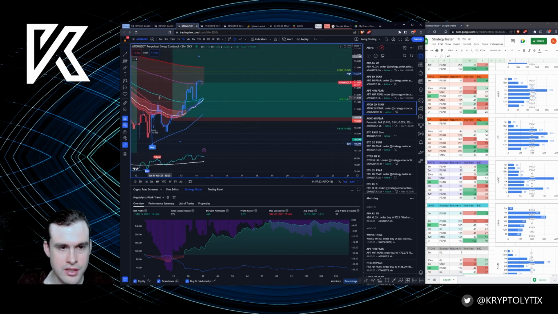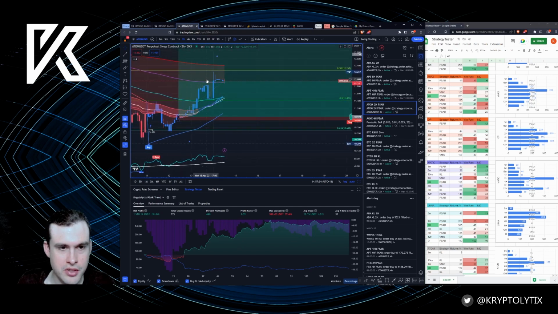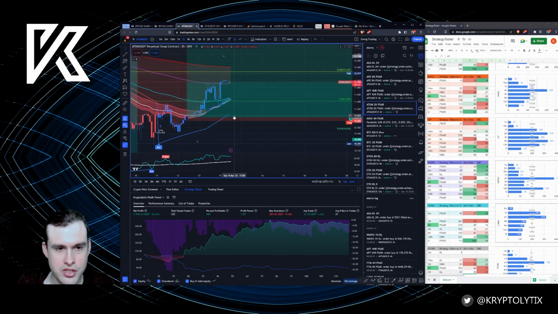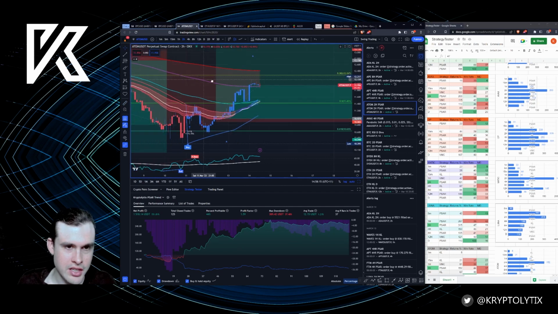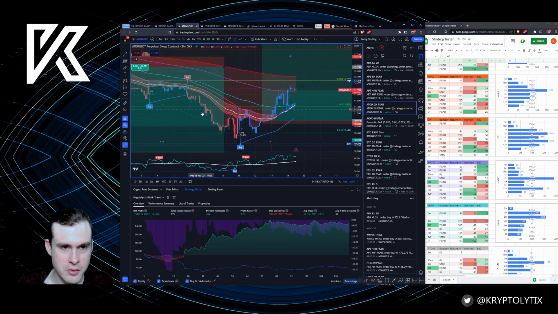Now that it's printed all these highs, I've moved my stop loss to here. So again, protected by the 21, and there's this structure here as well. So now this is in profit regardless. If it does flash crash for whatever reason, I don't know why it would, but say it closes here, well, I've protected 5%. I just like to move the stop losses up, especially with these big moves.